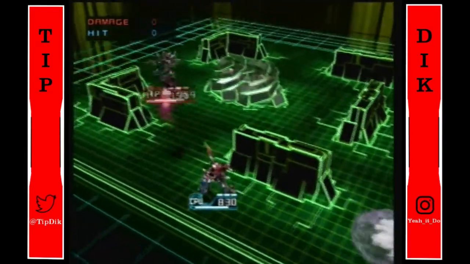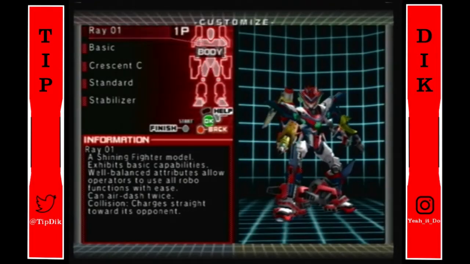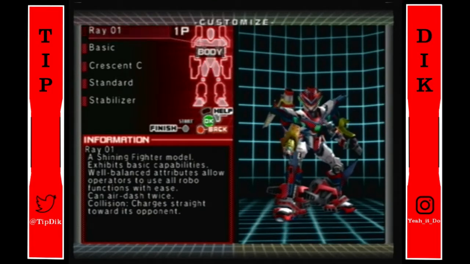So C, definitely very good. If you can work that into your build, I recommend C. And so that's pretty much the real quick and dirty rundown of what the heck all of these different parts